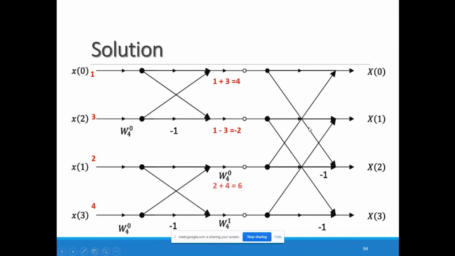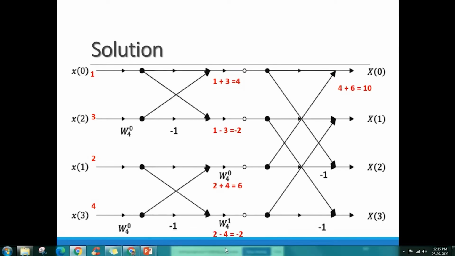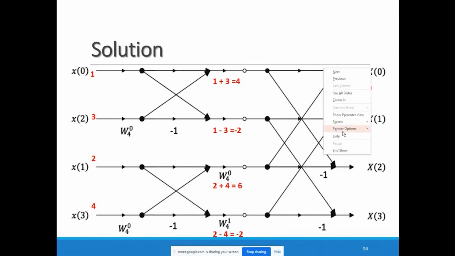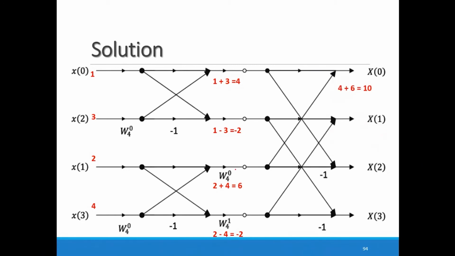Okay. So for the first stage, all of you are getting this. For the second stage, you are having the query. The query is about when the complex values come. So here you note down these values which we have solved in the previous slide. That is omega 4^0 is equal to 1 and omega 4^1 is equal to minus j.